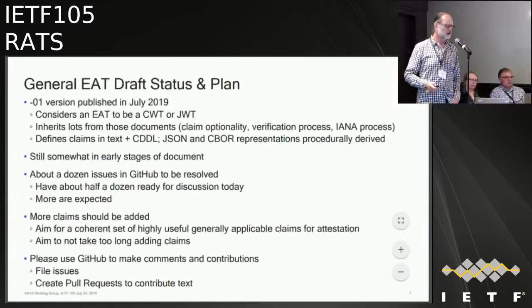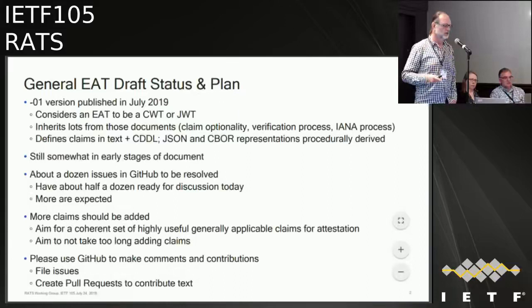So here are general comments on the 01 draft that was published about a month ago. This was the first major revision to it since EAT was drafted about a year ago. One of the major shifts in this version was that an EAT is considered to be either a CWT or a JWT.